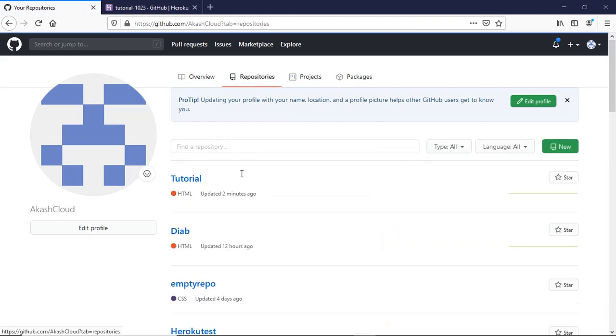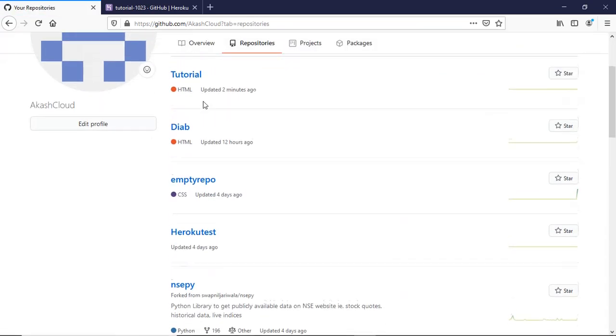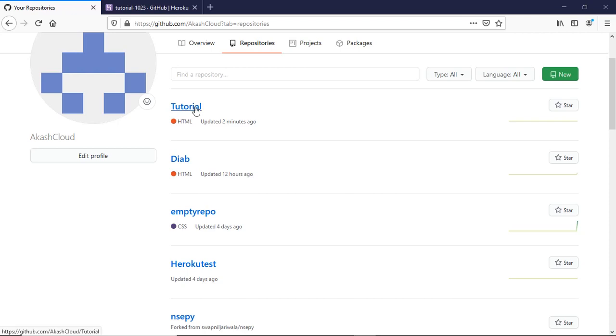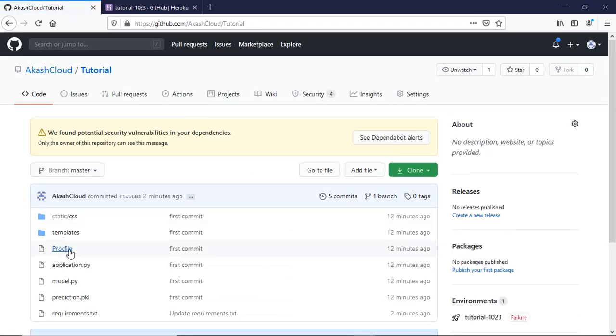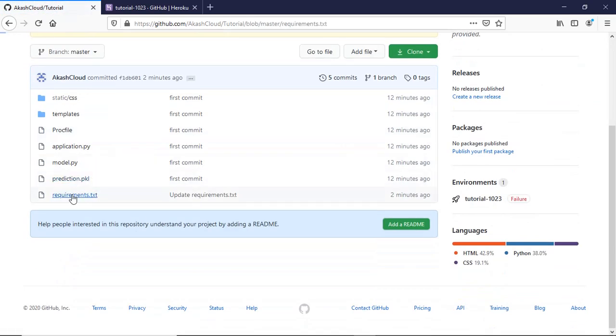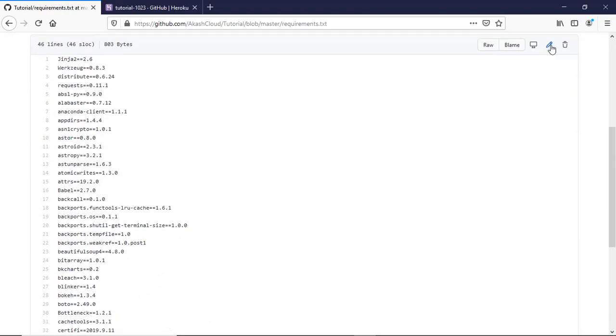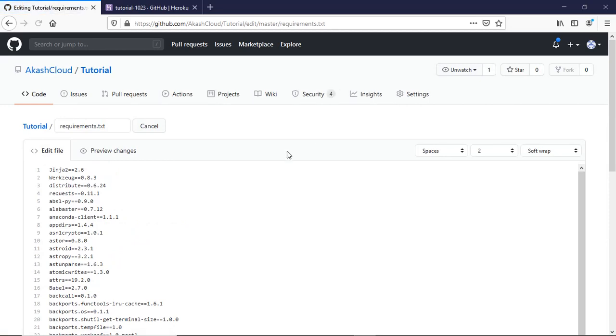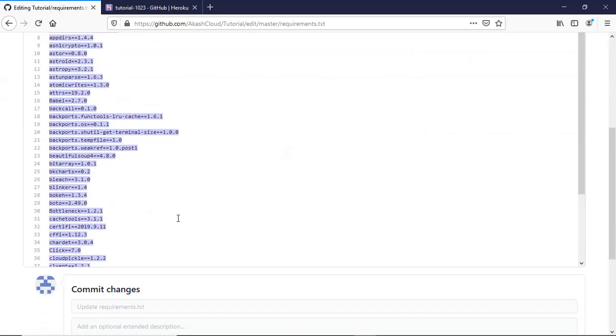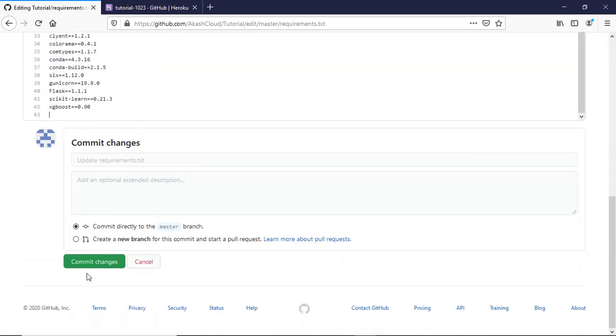Or if you add something new in Flask or in CSS, you have to mention those things in your requirements.txt. I'm going to commit this.